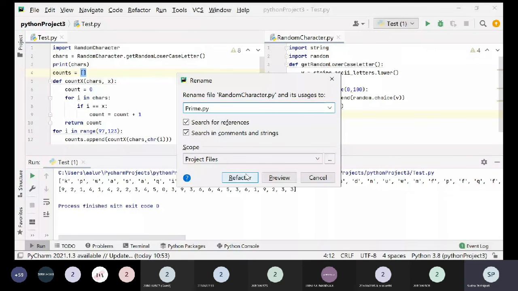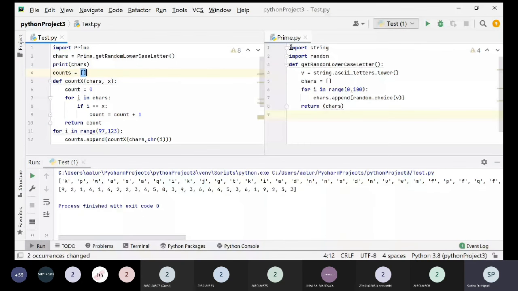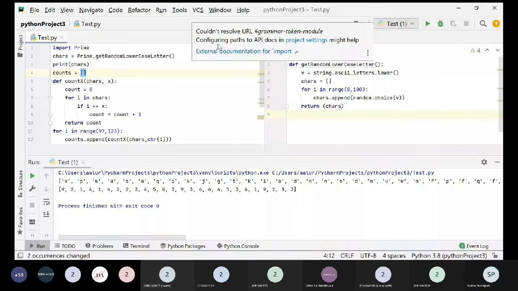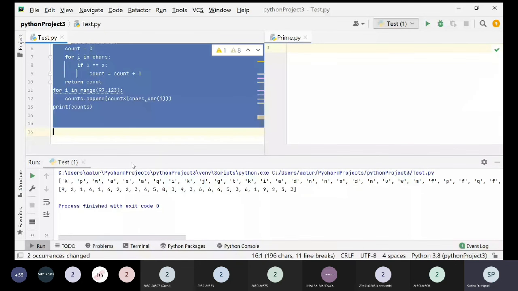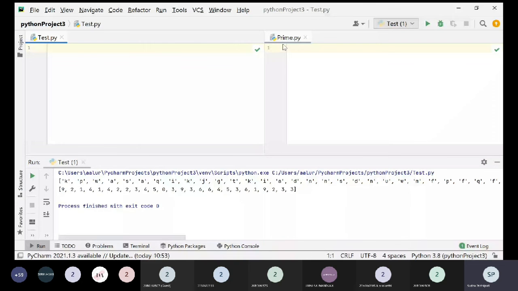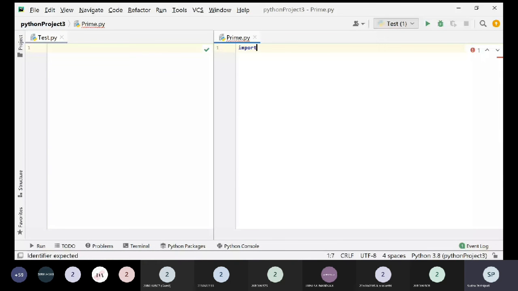So I'm having 2 programs over here. What are the 2 programs, everyone? The first program is prime.py and the second program is test.py. In prime.py, I'll be writing the logic for the prime number, one function which is prime.